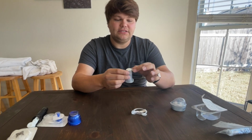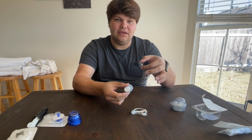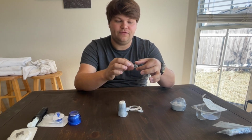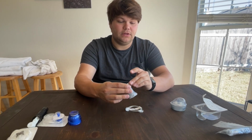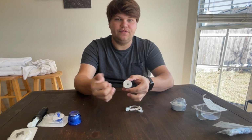So to do this, there is this safety mechanism I'm going to pull out, which is also the keeper. I call it a keeper because if you take a shower, you're going to take the tubing off and your pump, and then you can place this in the infusion set to keep it clean. So I'm going to pop that back in there, and then you would remove the adhesive,